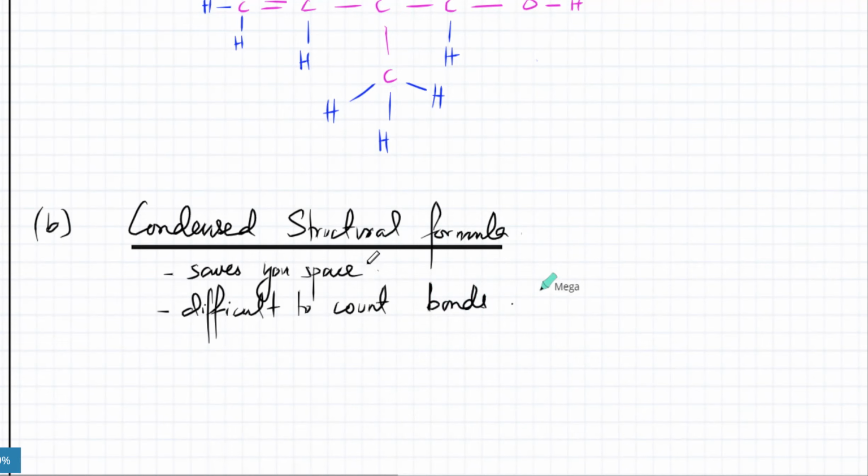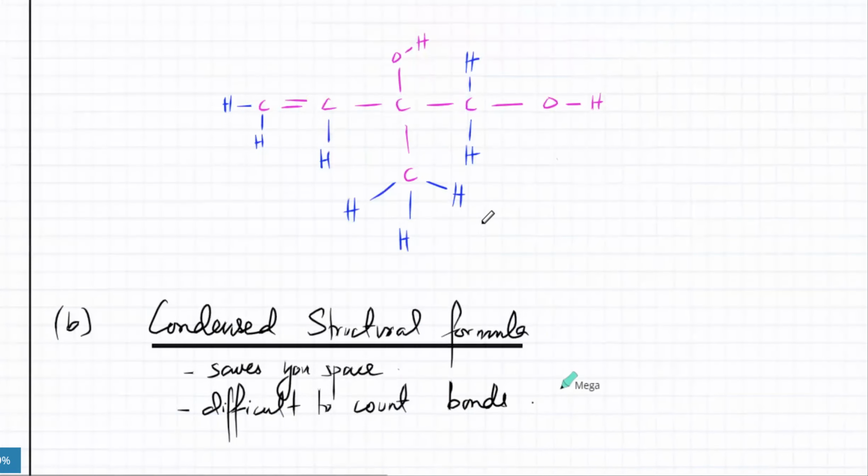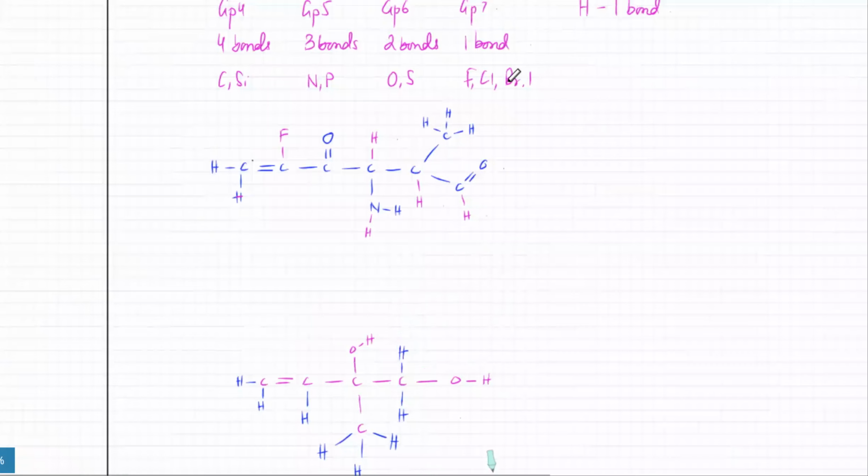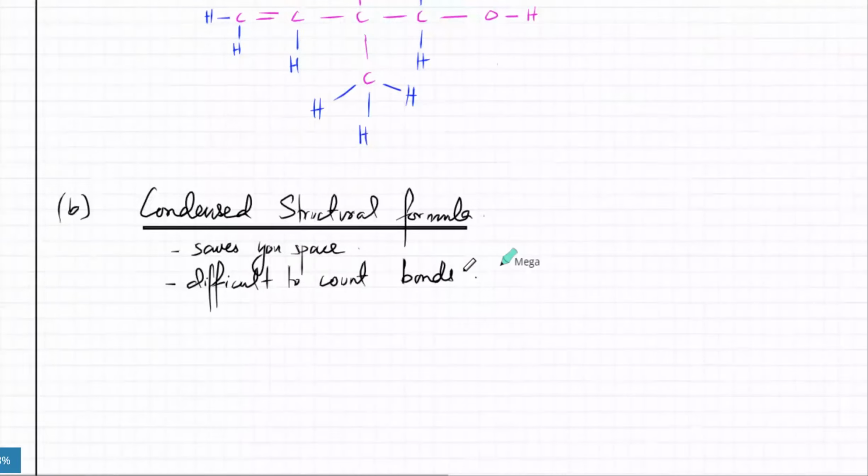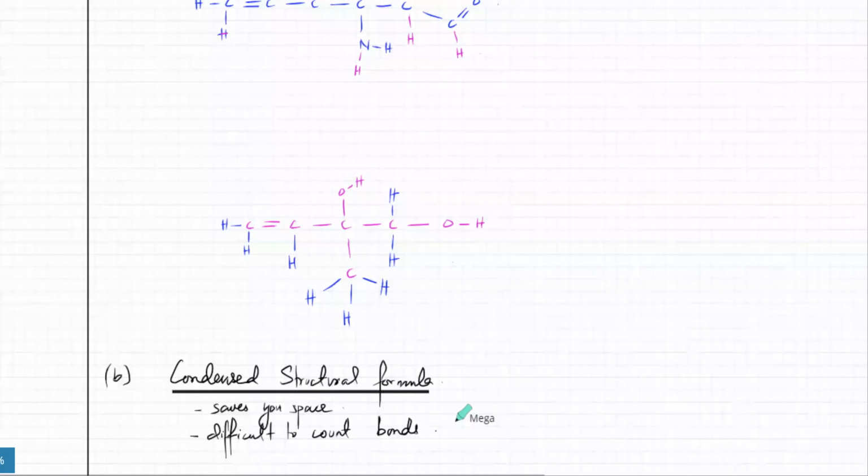For example, sometimes what will happen in your exam is that they'll just give you one line. Now you can't draw this entire thing on one line. Similarly, if you're just given one tiny line, you can't draw this entire thing on that one line. So fully displayed formulas consume a lot of space. Condensed ones don't. So if I try and draw a condensed version of any one of them, all you have to do is